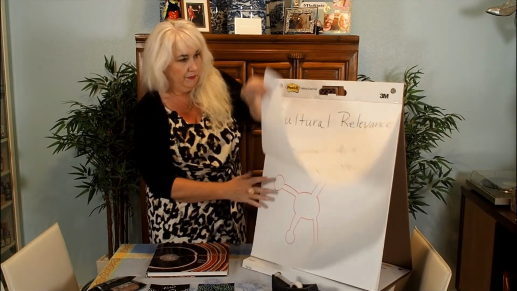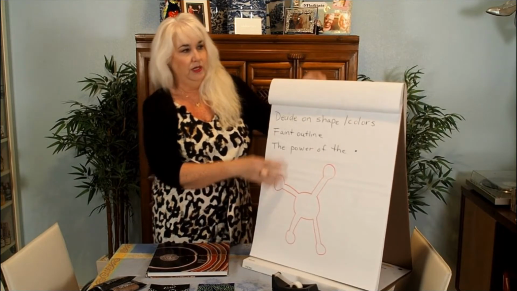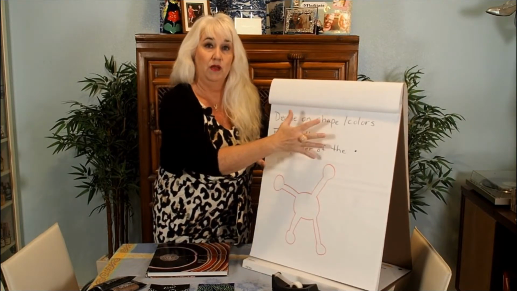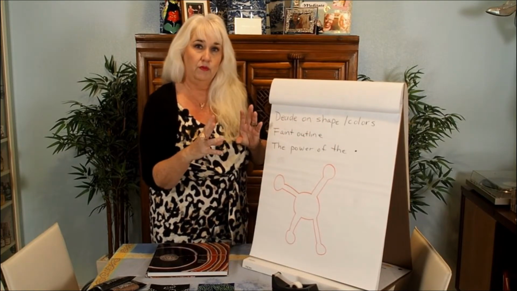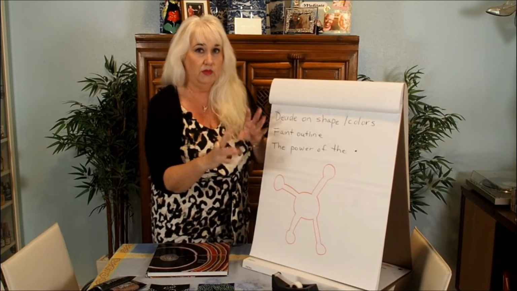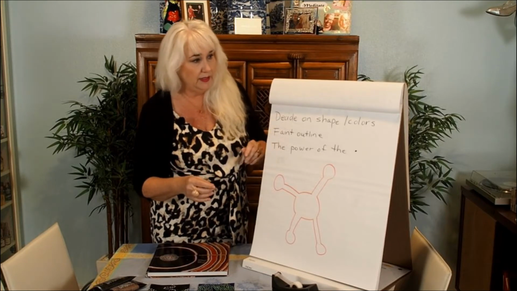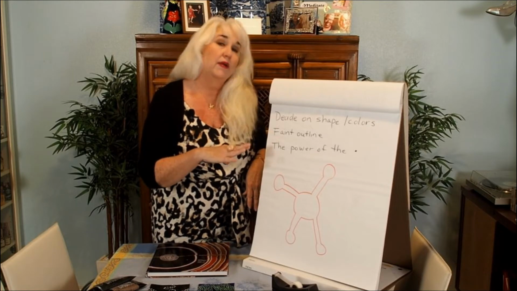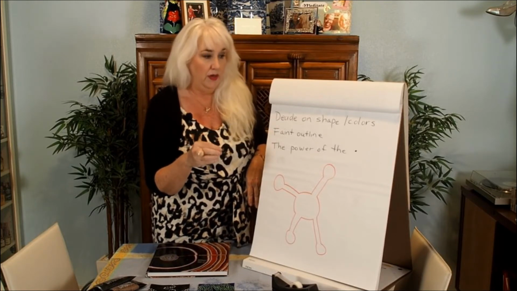So moving on, when we're going to go ahead and make our art piece, the first thing that we want to decide on is shape and color. So we're going to figure out what kind of shape we want to work with. Is it going to be a bunch of circles? Is it going to be something that we draw that's more organic? And also what colors we want to use. And you need at least two: your background color and your color that you're going to add on to.